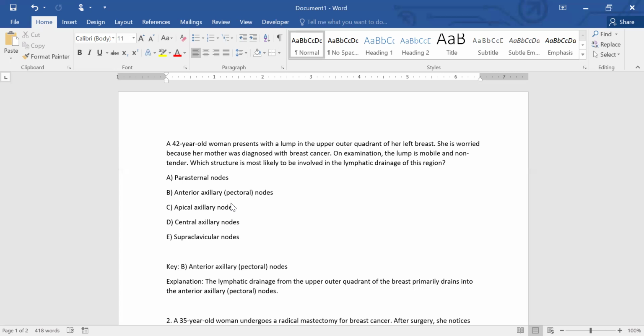Now, the important point in this is the upper outer quadrant. And they have asked about the lymphatic drainage of that region. Okay, so the